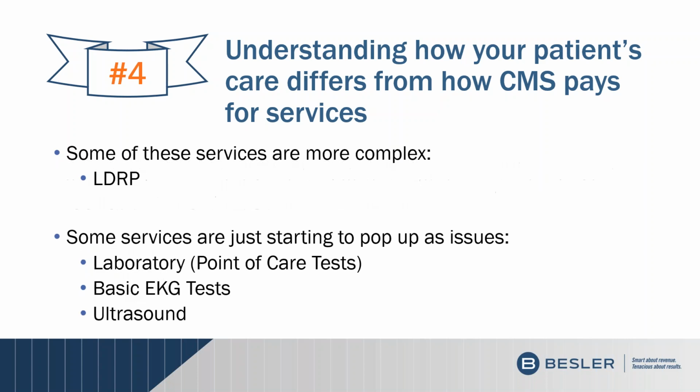But there are some that are more complex, like labor delivery, because we have to look at those revenues by the type of revenue. We have to look at the nursery revenue by revenue code and pull that out of those departments. Then we have to look at the labor and delivery, the 720 revenue codes, and pull that out of those departments and put it into the Medicare line. And then the leftover OB needs to be moved to the line 30. So you have to do a little more work when they're more complex